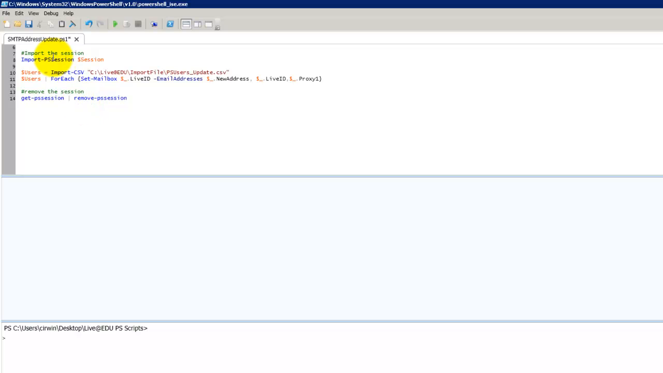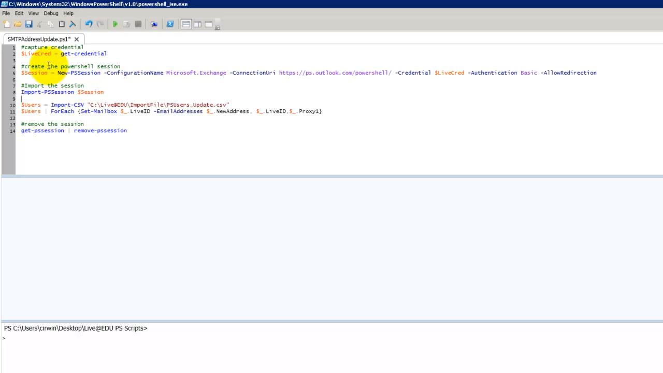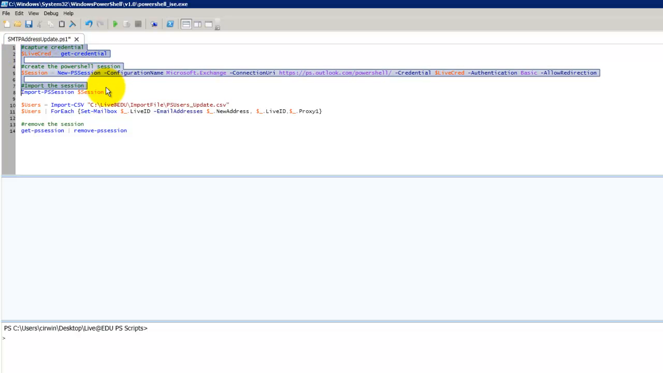Now what I've done is added in a little bit of code beforehand and afterwards to set up our session. Grab the credentials, set up the session, and to go ahead and disconnect the session, as well as the code they've given us. So what we've currently got